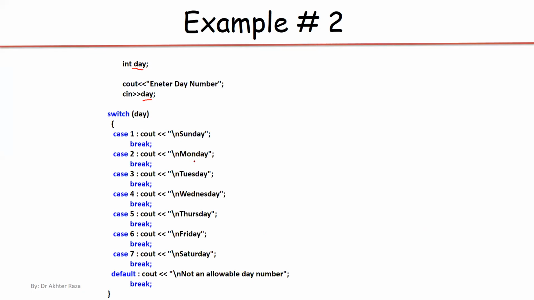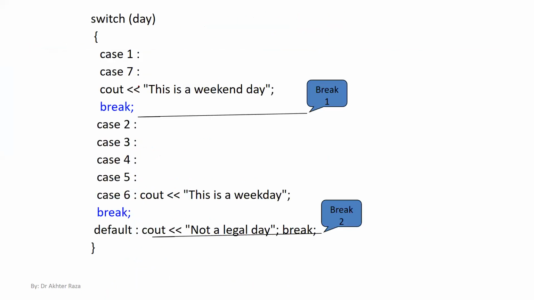If you have a day 2, it is Monday, then Tuesday, Wednesday, Thursday, Friday, and so on, for all the 7 days. Then there is a default, meaning the user inputs an invalid day, because the user has to input only from 1 to 7. If an invalid number of the day is entered by the user, that will be an error.